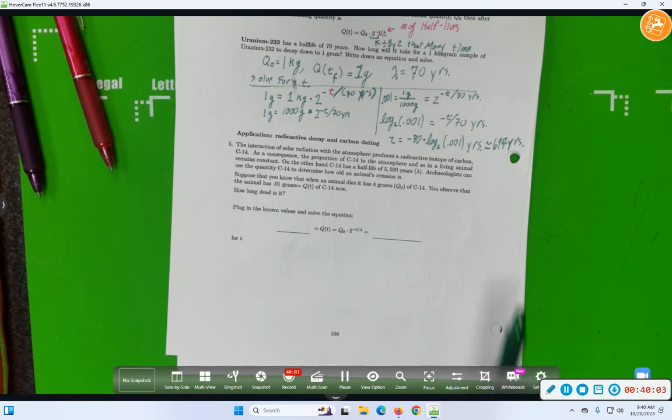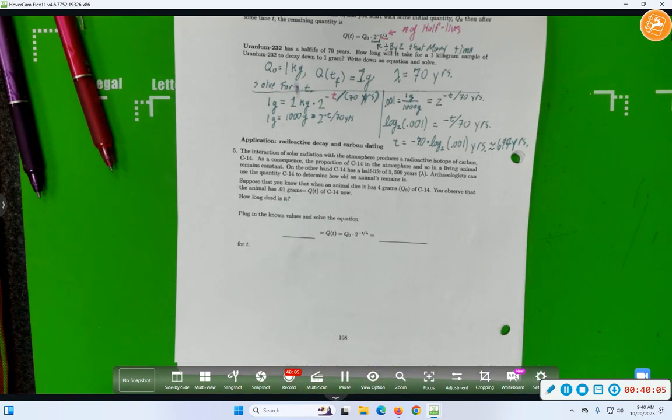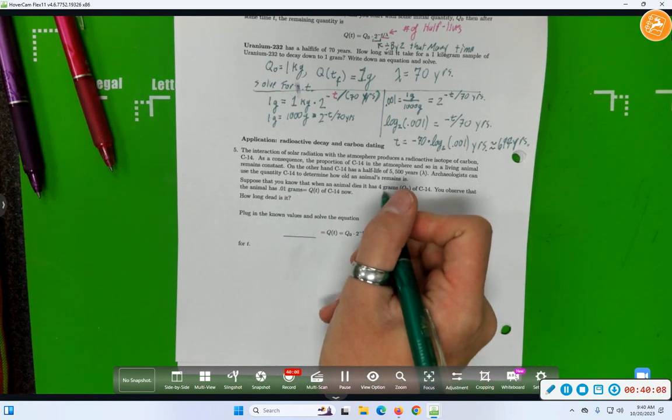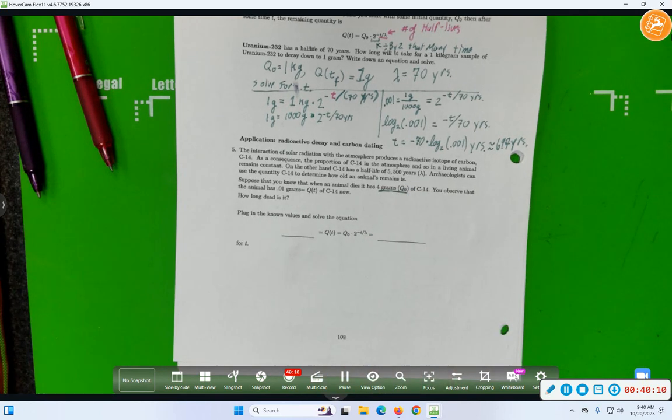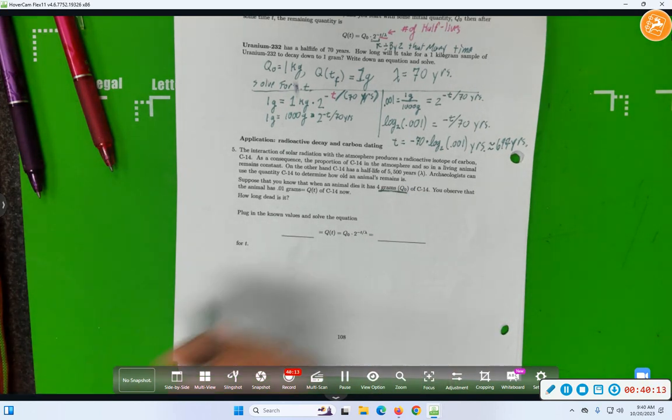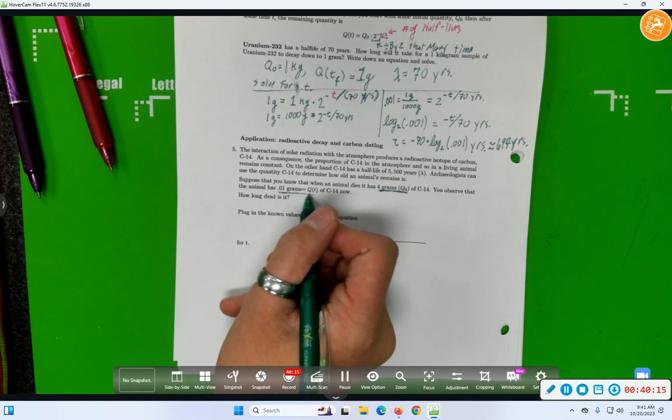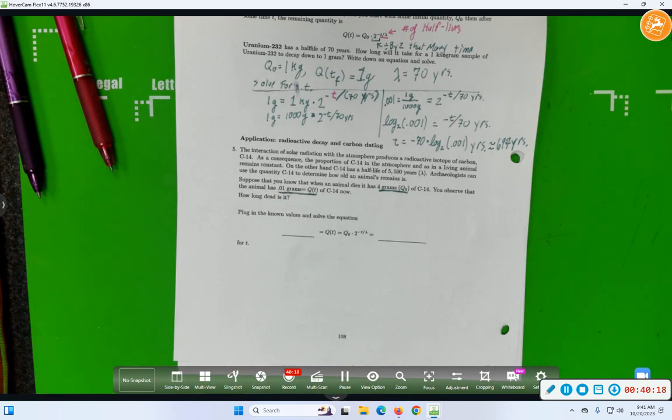So let's see an example using this. Suppose that you happen to know that when an animal died, it should have had 4 grams of C14 in it. When you dig it up, it has 1/100th of a gram of C14 in it. Is that enough information to figure out how long ago it was alive? Yeah. Let's set up the equation to solve. And then, well, I'll let you solve it, and I'll use a computer numerical technique to solve it at the same time. So,